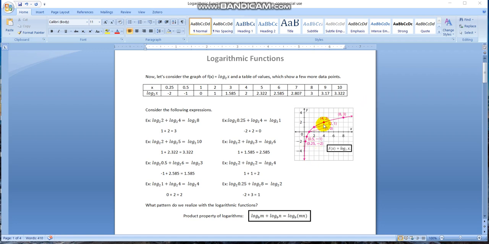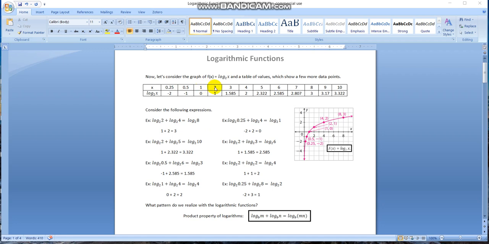So this is the graph of log base 2 of x, and here are a bunch of values in the table. Now some of these values cannot be seen, like 3, 5, 6, but they're still on the curve. So I just took a few more data points just so you guys can kind of see this. Okay, so if you want to consider the following expressions, we